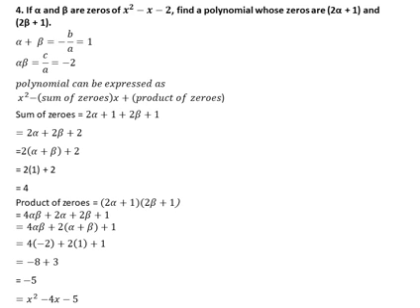Fifth sum: if zeros of x square minus kx plus 6 are in the ratio 3:2, find k. Okay, here zeros means alpha and beta, that is roots. Zeros are otherwise called roots. So here zeros are alpha and beta. They didn't give the values of alpha and beta; instead they gave the ratio. The ratio means we can write it as a division. Alpha by beta is equal to 3/2.